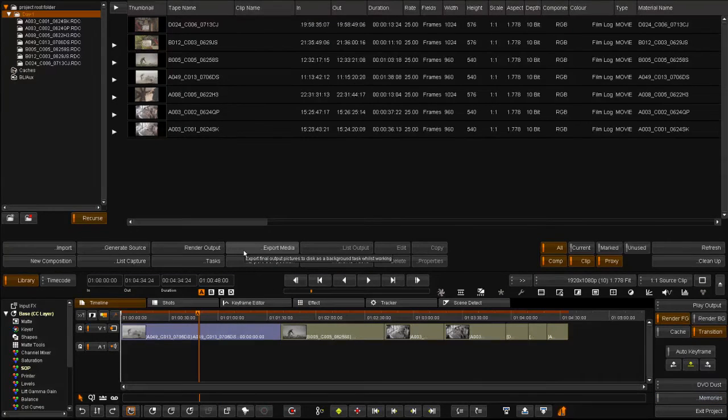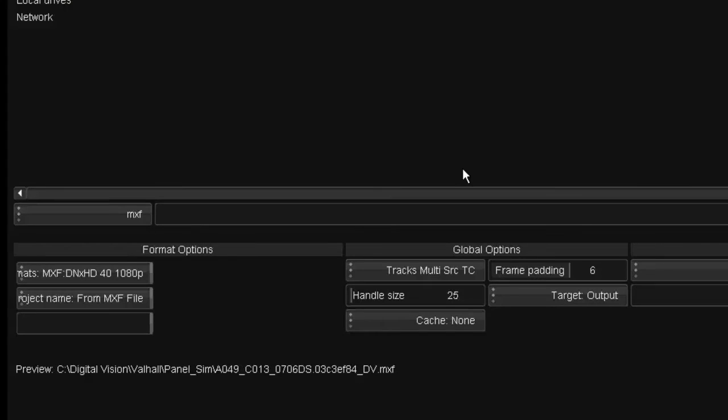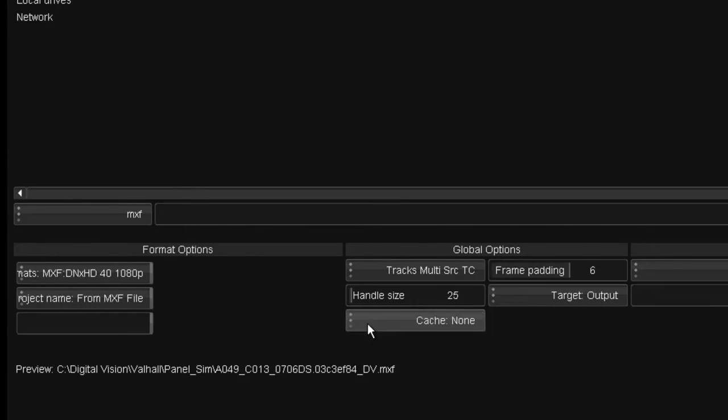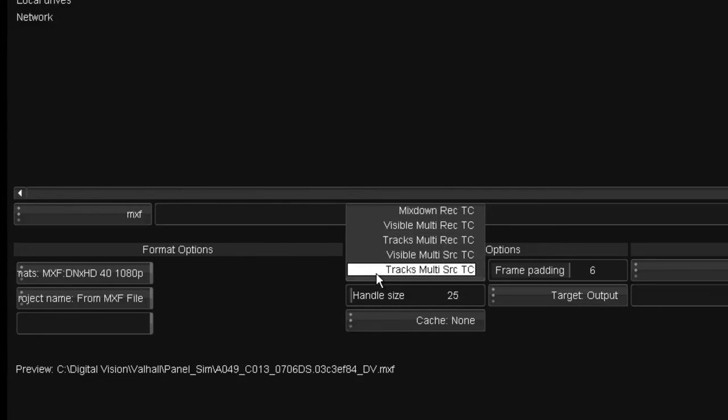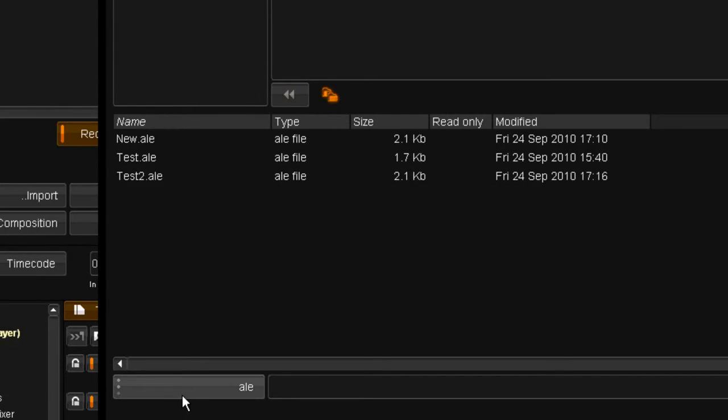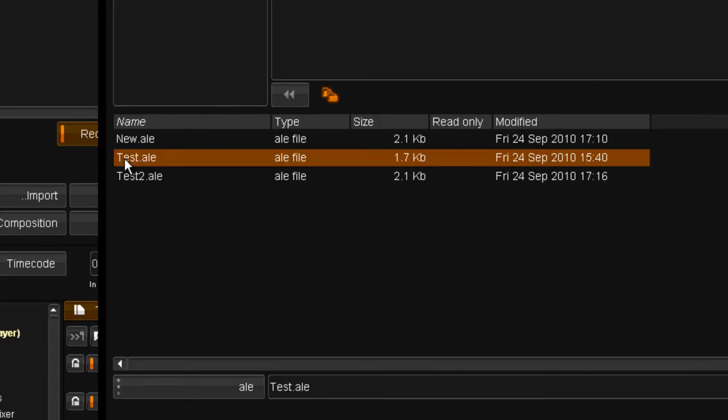I'm going to select my output settings, Track Multi-Source, allowing for the export of the clips with source code as individual clips. I also have the option of setting a unique project name for the clips, making sorting in the Avid a lot easier. After exporting the files and the ALE files,